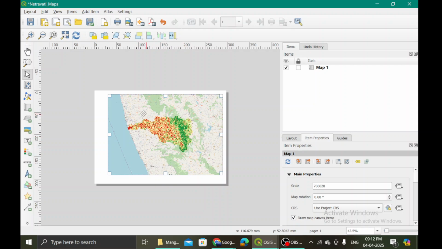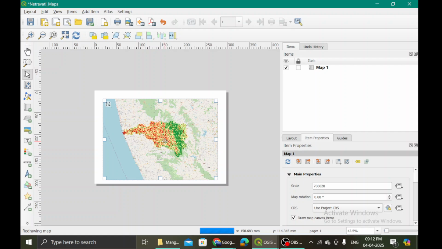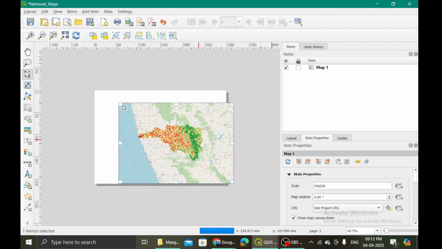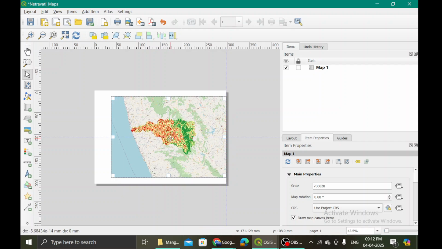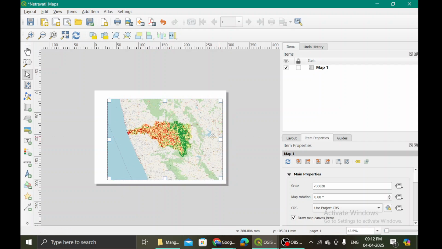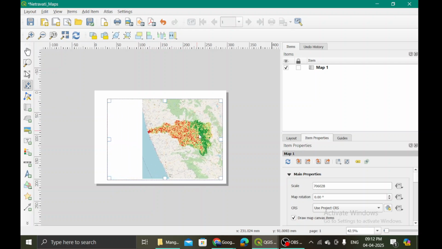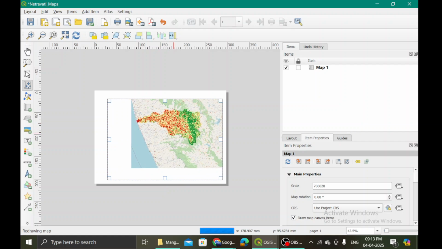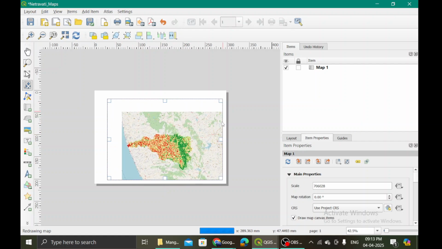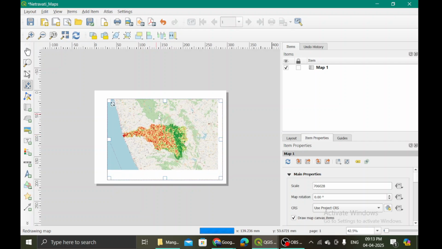Okay. Now, but I don't want it to be represented like this. So if you simply want to move this entire rectangle or the map, you can do it like this, but I'm not interested in that. I wish to rather make this content move. So for that, what I will use? I will use this move item content, right? I can move it around however that I want, and my map box is not changing.